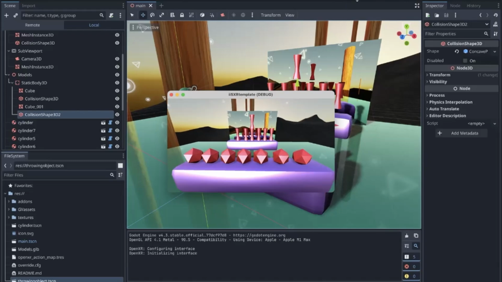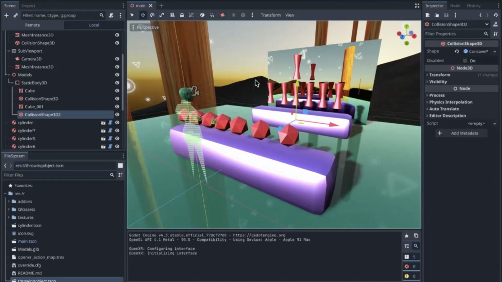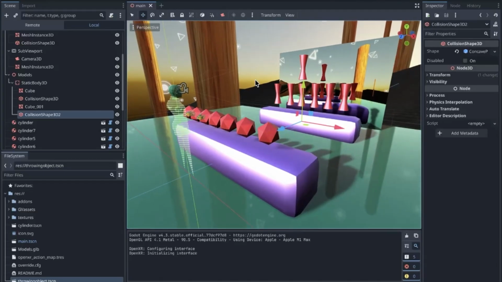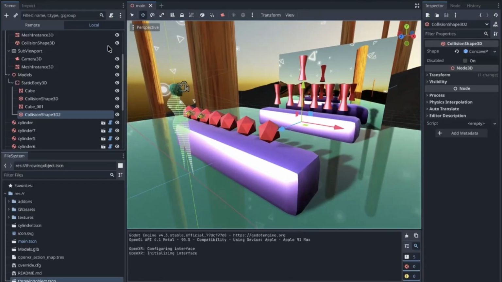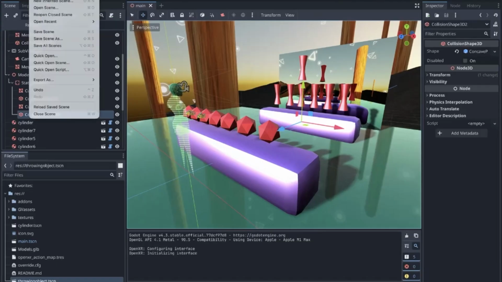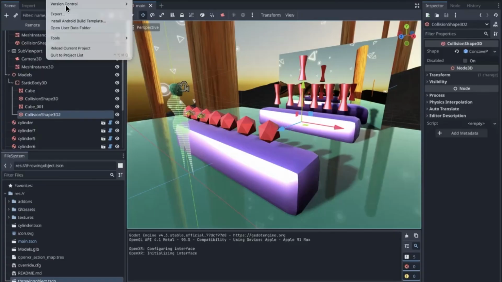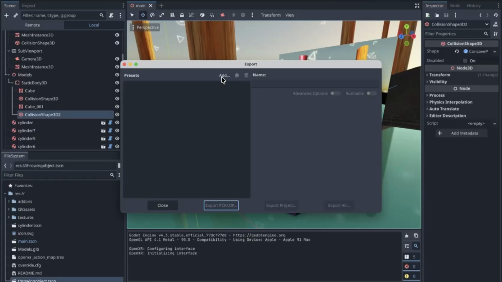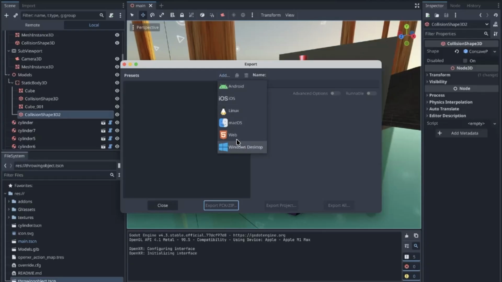So I'll press escape, press stop. Now we will save our scene. And the next thing we're going to do is export this for the web. So to do that, we're going to click on project, we're going to go to, scratch that. We're going to go to project, like I said, export. And here we're going to add an export setting, and we're going to choose